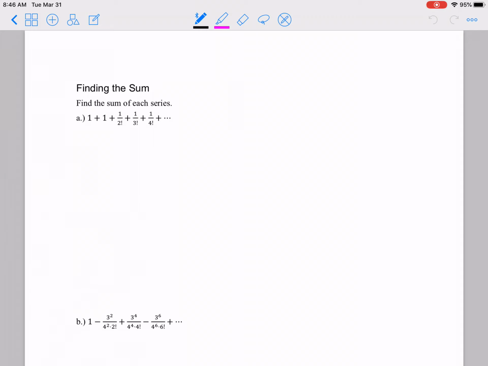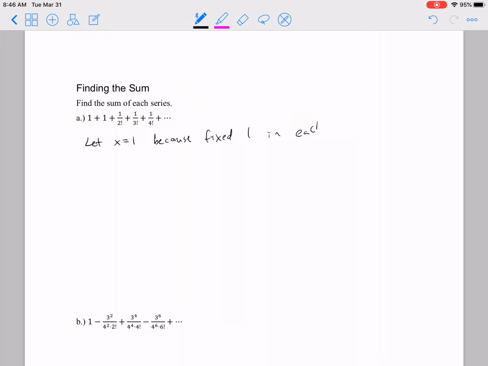So let's take a look at finding the sum of a series. So say we have this series, we want to know what it is. Well, what I'm going to notice is that basically everything has a 1 in it, and it's 1 plus 1 plus 1 on the numerator, 1 on the numerator, 1 on the numerator, and then we're getting the factorials in the denominator. So I'm thinking I'm going to let x be my 1 because we have a fixed 1